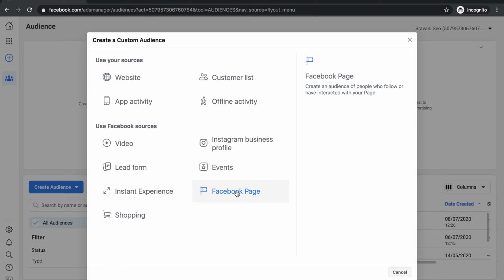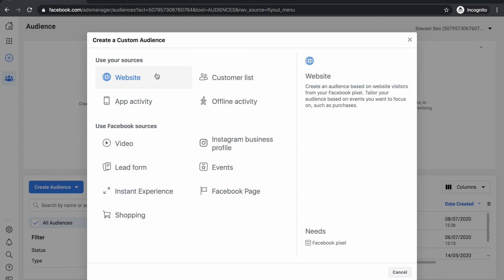Whatever interactions and communications happen through the Facebook page, if you would like to show your ads to them, then you can make use of this feature.